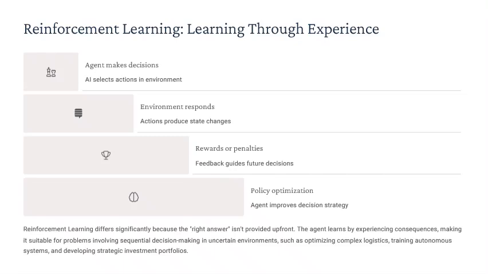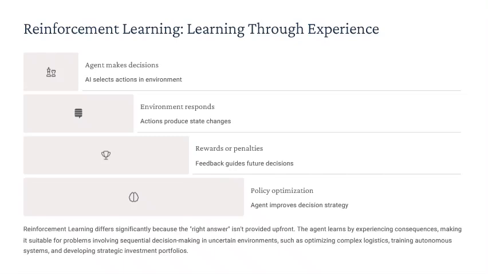You try something. If it works towards your goal, you get a reward. The dog gets a treat, you score points in the game. If it doesn't work or it's detrimental, you get a penalty. No treat, you lose a life. Okay. And over many, many trials, the agent learns a sequence of actions, a policy, to maximize its total cumulative reward over time within that specific environment it's interacting with.